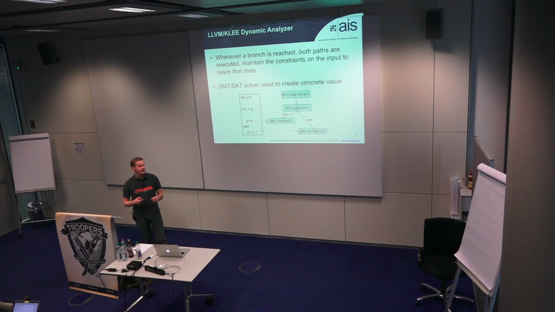Whenever a branch is reached while running code symbolically, as you'll see here, we've allocated some integers, and the constraint on the program is that this always happens. Then we have if x is less than y. If it's true, we update the program state with the constraint that x is less than y. Otherwise, we go down here and run this with its own constraints. If we got down to a crash, we can solve that constraint using a solver and generate an input that matches it and tell you, hey, this is a crashing input. It'll get you to that point.